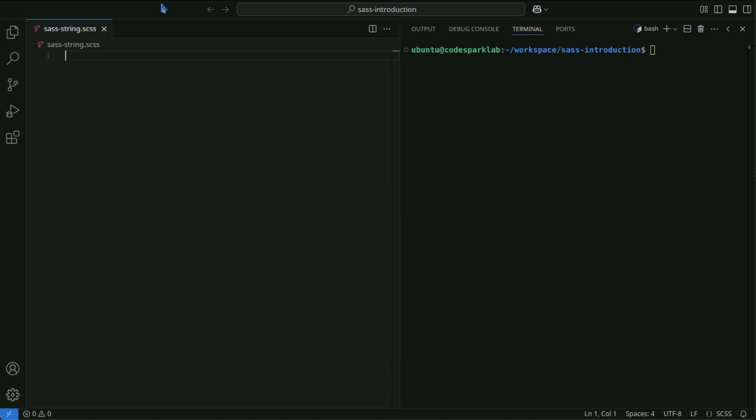Sass is a preprocessor for extending CSS, and strings are an essential element for making style definitions more flexible and dynamic. Strings in Sass can be enclosed in either single or double quotes, and in some cases, quotes can be omitted to write them like identifiers. Below are basic examples of how to write them.